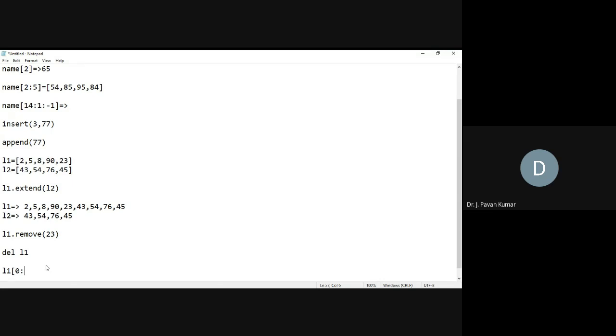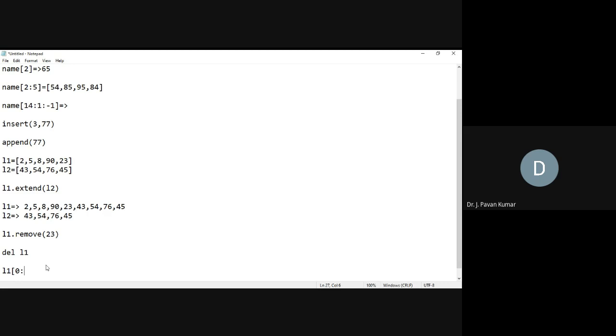So 0 is the starting point. Where we have to end is not known all the time. As in this case, we could count by seeing the list, because 9 or 10 elements only we are having. But all the time we cannot count, and it is tedious as well.